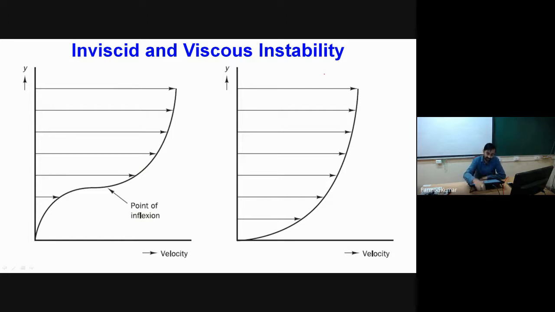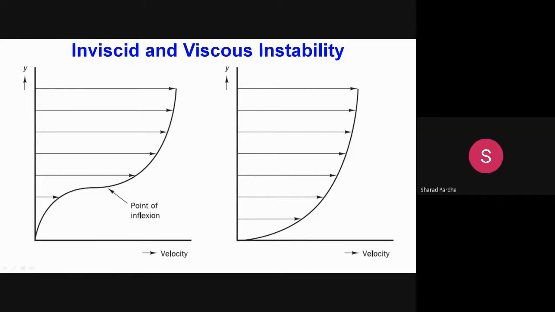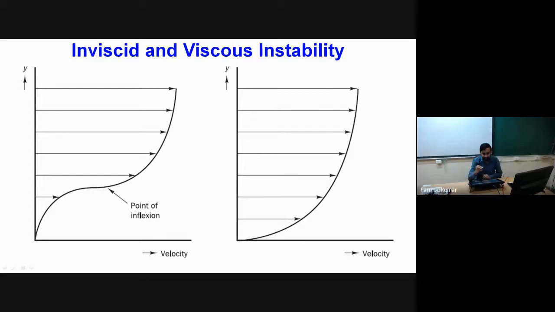Can anyone answer this question? What is there in our flow which changes flow from laminar to turbulent? Any one of you would like to answer or give some thought? Sir, velocity, higher velocity. Yeah, but still, if we have some velocity which is perfectly aligned, why would that velocity immediately try to create some chaotic mixing and random turbulent structures?